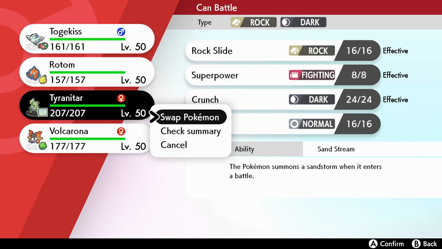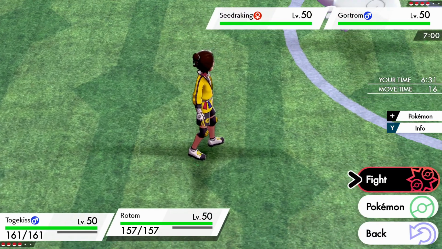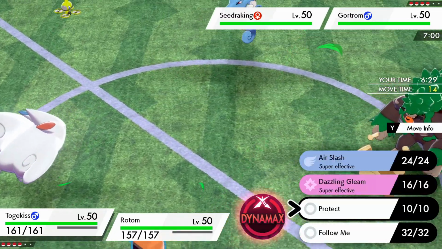Looking at the spread now, I don't think Tyranitar is slower than 0 speed Politoed, because it has a bit of speed investment with this team. But I was looking here and I was like, yeah, if we get Sandstream up, I actually think we can live a